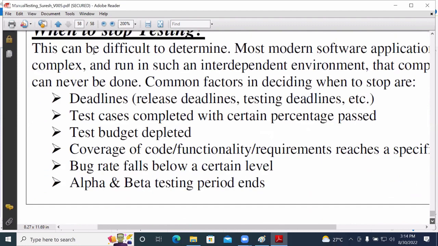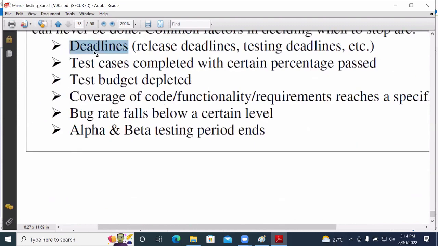Make a note of these points, not all the description. The main heading is test closure hyphen when to stop testing. Make a note of the points up to this.